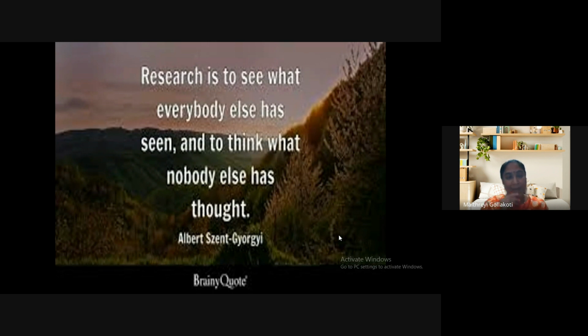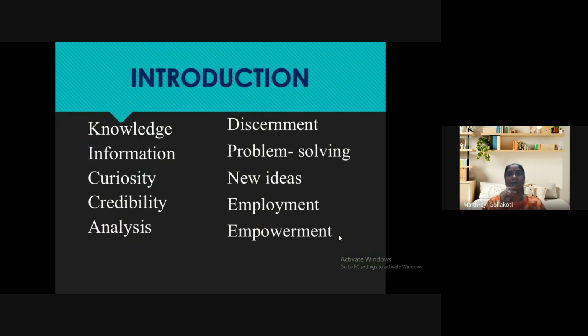Everybody tries to see things as they are, but a researcher will see a thing in a new angle. A researcher tries to find out about the fundamental things like what, why, and how. Now, these are the things a researcher will concentrate on. So, research is seeing something which everybody sees in a new angle. That is what it is. Okay? Now, let us start our presentation with that thought.